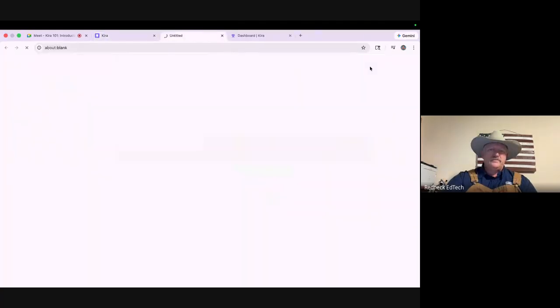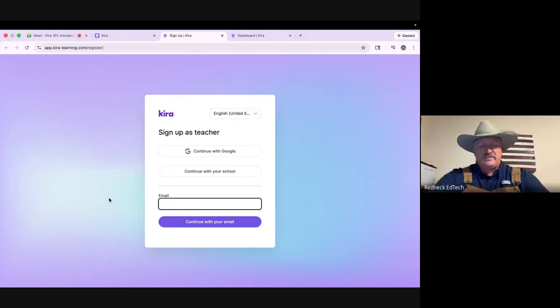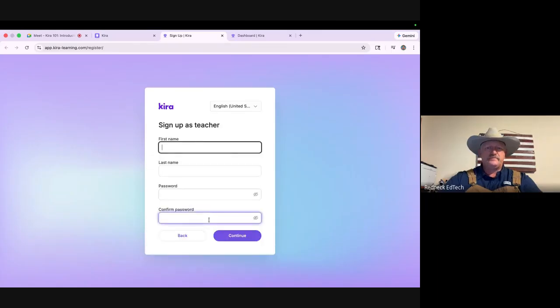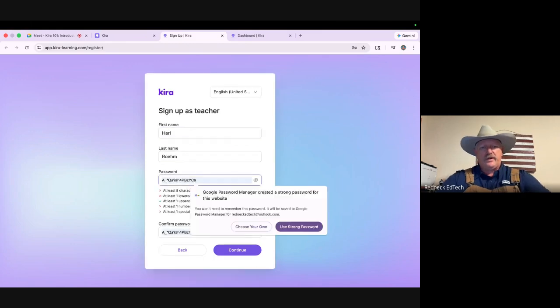Once you do this, it's going to take you to the registration screen. You can sign up with your email address. I'm going to go through the process. I will not finish it. You'll hit continue with email. You'll put in your first name, last name, and you'll create a password.